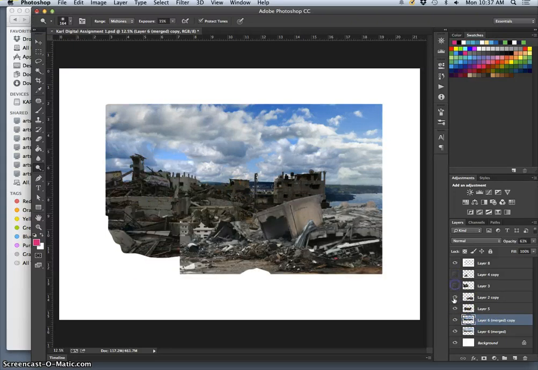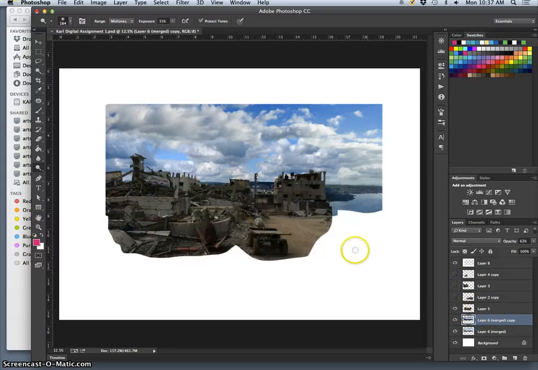So I've got this one here, and it's in kind of warm light, which I like, versus the kind of cooler, bluer light of the background. So I have a few options. I could try to make this match that by making it bluer, and I'm going to do that by duplicating,